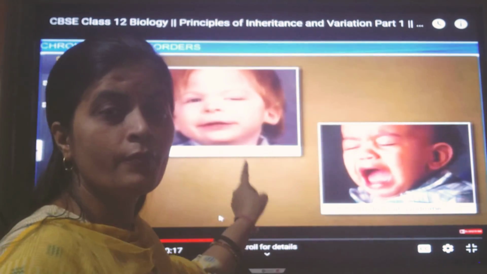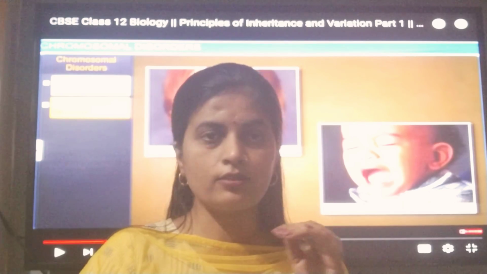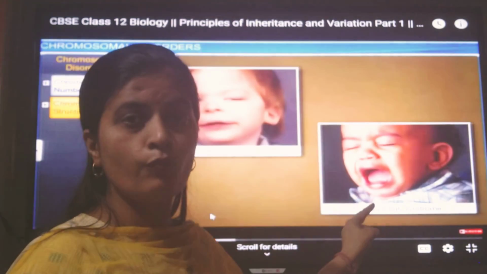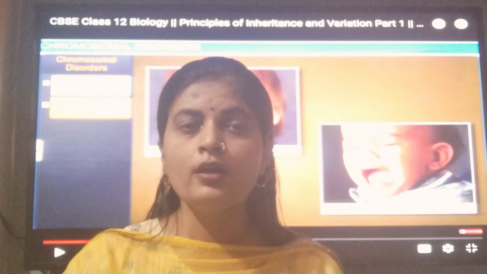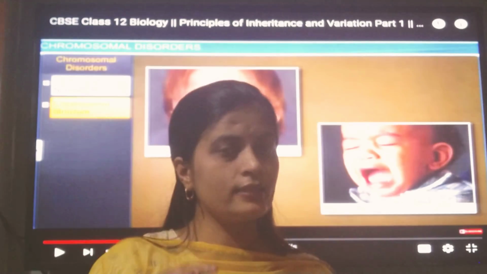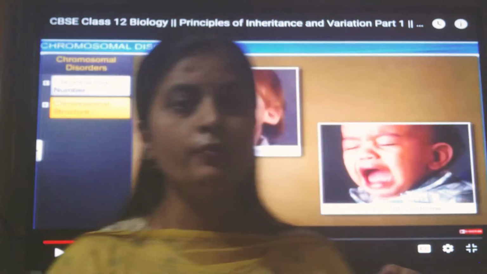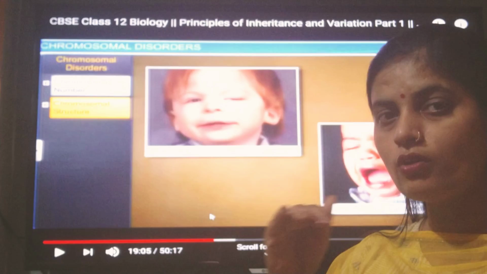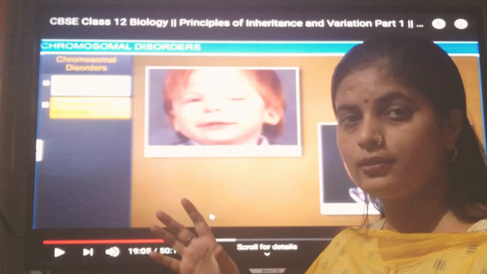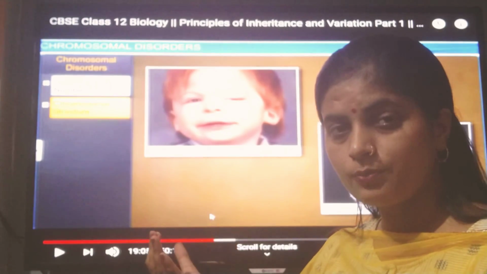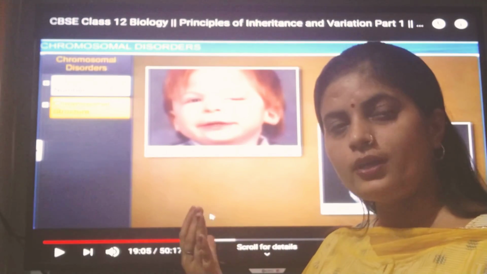In Jacobsen syndrome, one portion of the 11th chromosome, a small segment, gets deleted. While in the case of Cri-du-chat syndrome, it is also called 5p minus syndrome. That means in the fifth chromosome, one small portion gets deleted. So that's why it is called that. You can see what is happening in Jacobsen syndrome, because a small portion of the 11th chromosome has got deleted there. You can see from the image that poor mental development can occur, and psychomotor development is going to occur poorly, which means the child will face problems related to understanding and all those things.